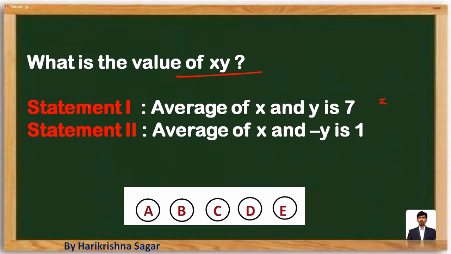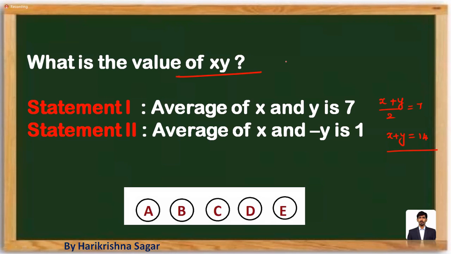That means, for example, if we have the question as what is the value of xy. So when you are reading statement 1, forget about statement 2. The average of x and y is going to be 7 is the statement which is given. So the average of x and y being 7 means (x plus y) divided by 2 is 7. From this we can say x plus y is going to be 14. So using this, are we able to answer the question?